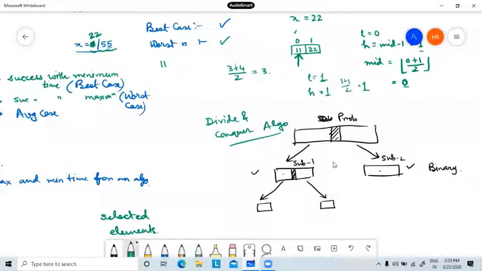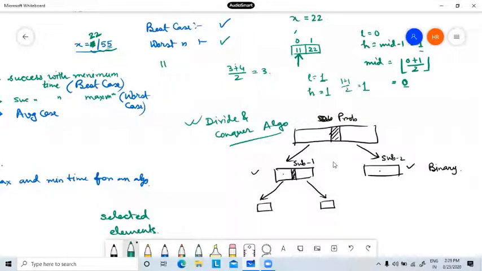So I hope now you can understand there are different types of algorithms. The linear search, where we are comparing each and every element to get the success, is called a brute force type algorithm.